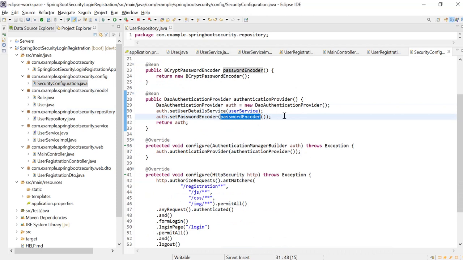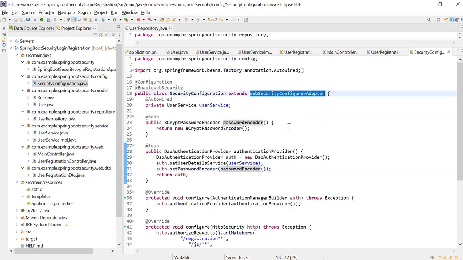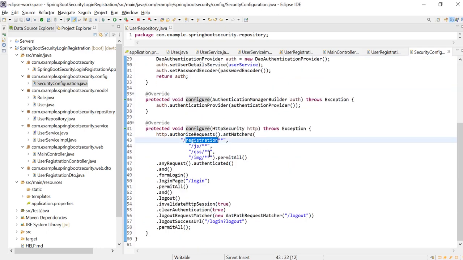In the security configuration, we have to use the WebSecurityConfigurerAdapter, which retrieves the user details in a simple, read-only way. The UserDetailsService only has access to the username, which is enough for most scenarios to retrieve the full user entity. Here, if the user is authenticated, the form login should load the login page and permit all.